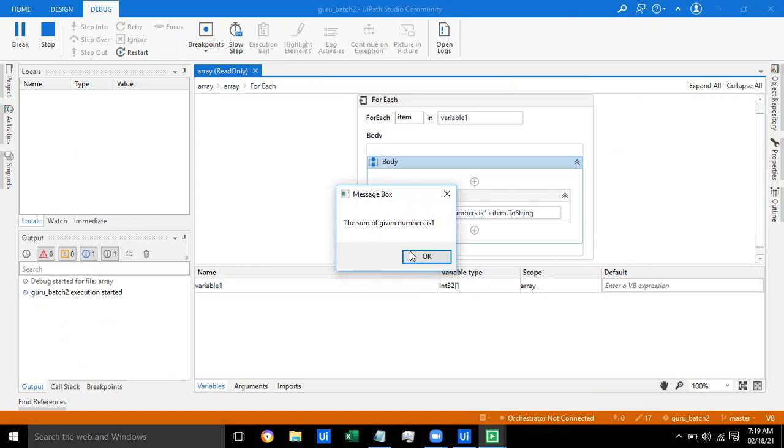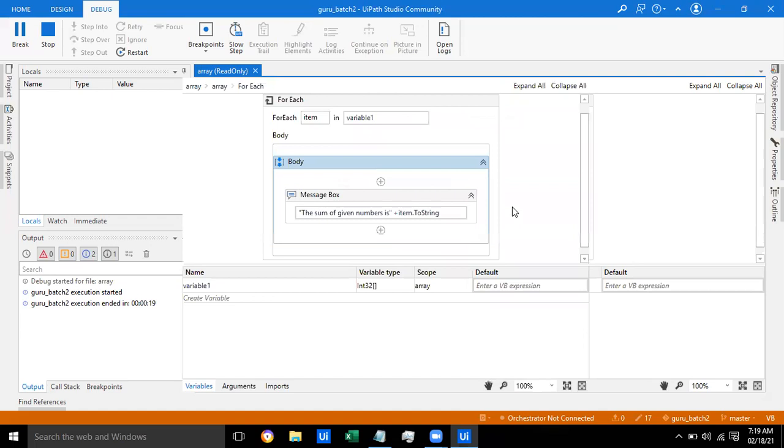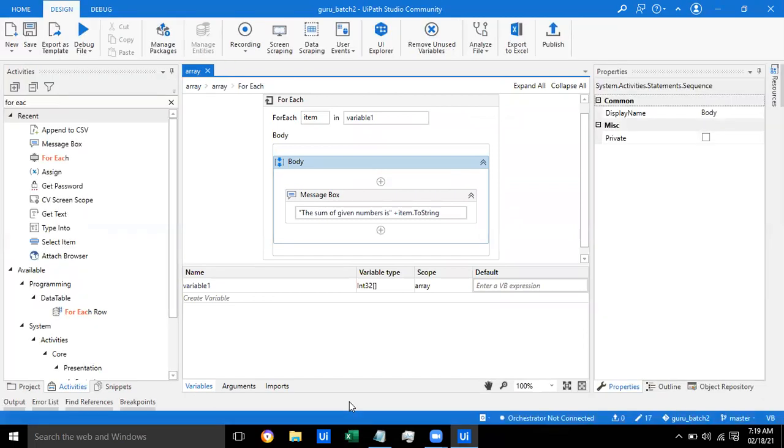We have to add it together, right? We have to add it. Yeah, this will just display all the numbers. Maybe we have to use an arithmetic operator, something like that. So, that function we need to find out. Guys, just Google it and try to find the answer. Without Googling, you cannot learn much.